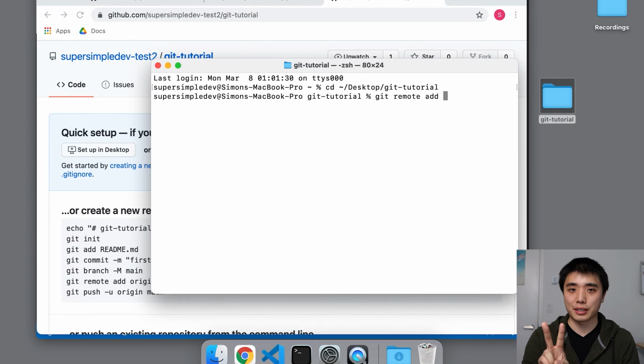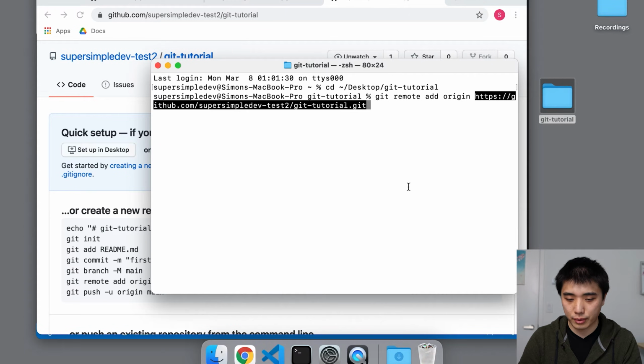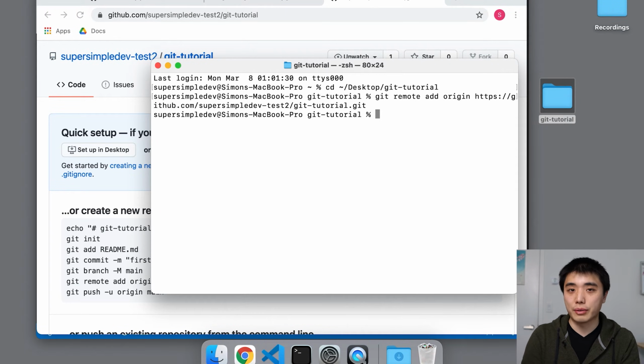And now we have to do two things. The first thing is we have to give a sort of nickname to this remote repository. You can give any name you want, but the convention is to call our remote repository origin. And the second thing we have to give to Git is the URL of our repository. So we're going to go in here and make sure that HTTPS is selected. If the URL starts with git, make sure that you switch to HTTPS. We're going to copy this URL and paste it into our command here. And we're going to press enter. So now this local repository has a link to our remote repository.